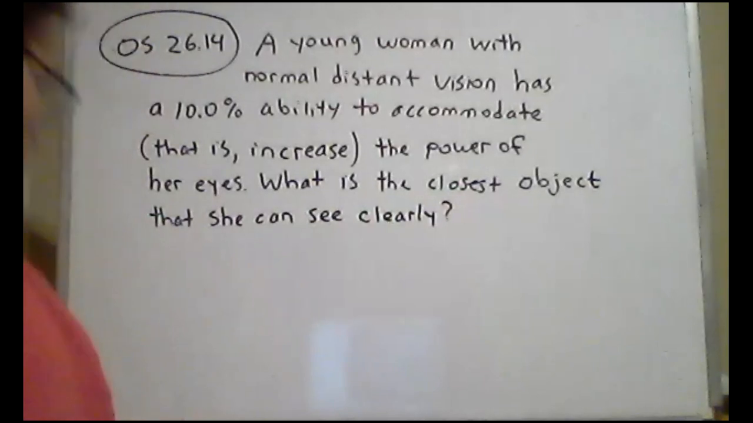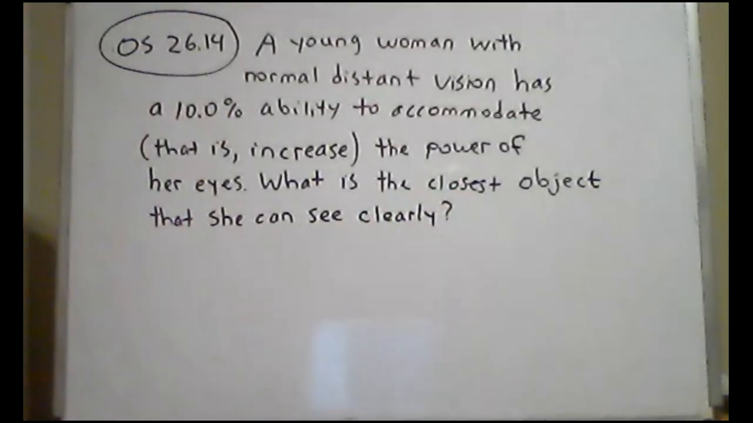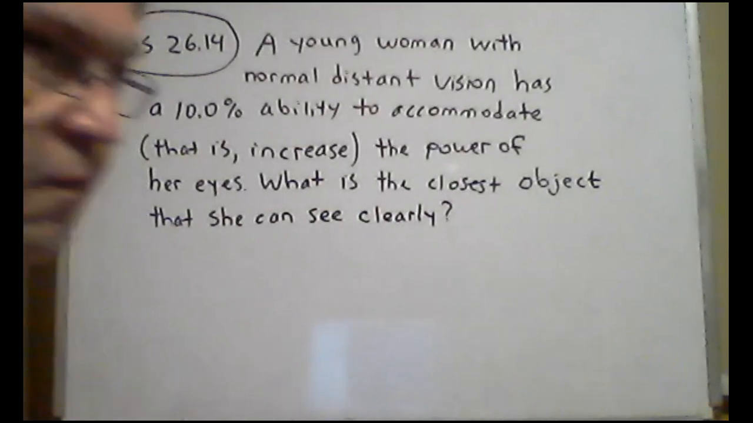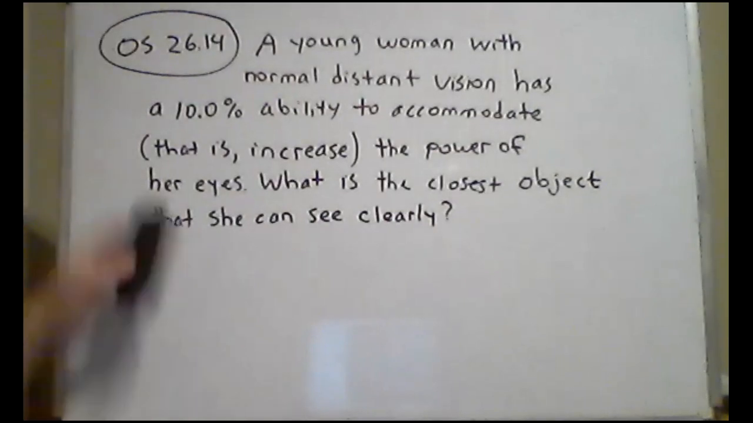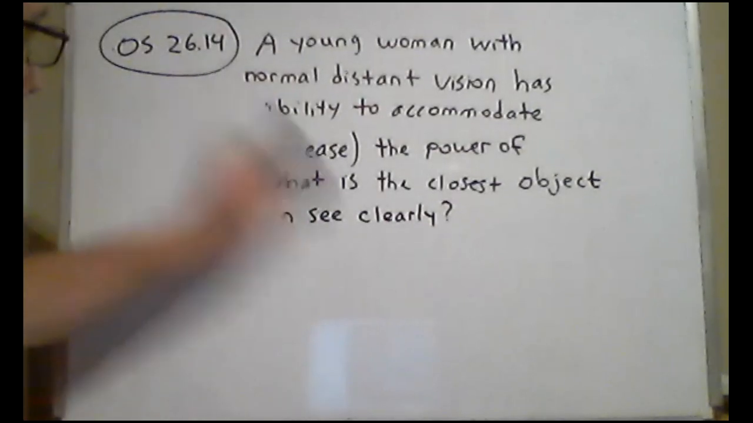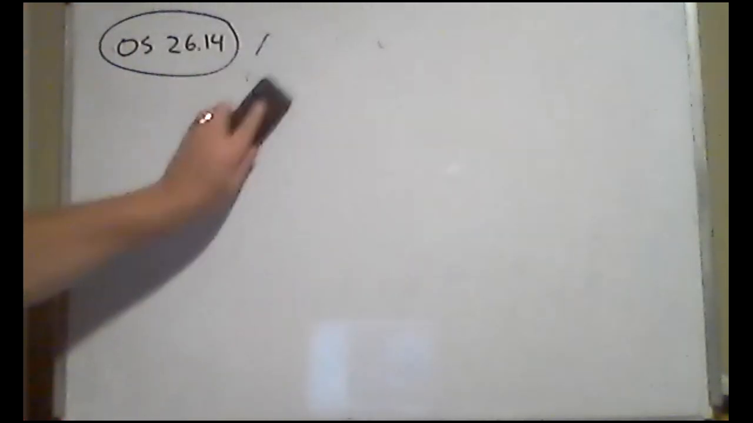Okay, so a young woman with normal distant vision has a 10% ability to accommodate. That is, increase the power of her eyes. What is the closest object that she can see clearly? All right, so she has normal distant vision. So let's figure out what her vision is when she can see a distant object where her eyes are totally relaxed. Okay. So,